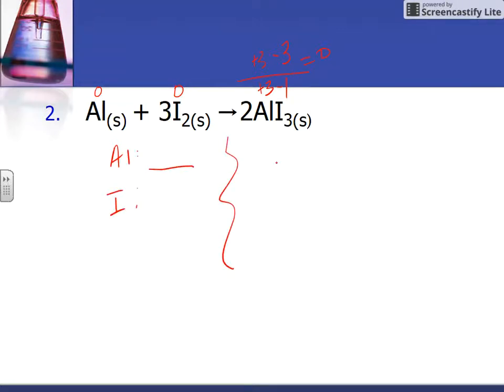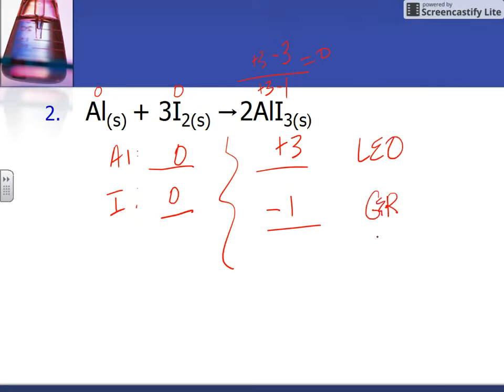So on this side, aluminum is a 0 and he goes to a +3. On this side, iodine is a 0 and he goes to a -1. So this one lost electrons and oxidized. This one gained electrons and reduced. So the substance that LEO'd, that oxidized, was aluminum. The substance